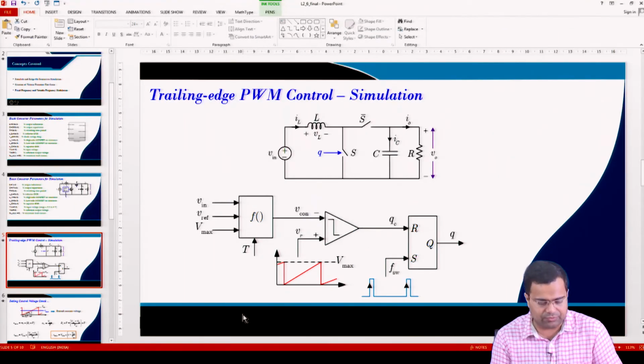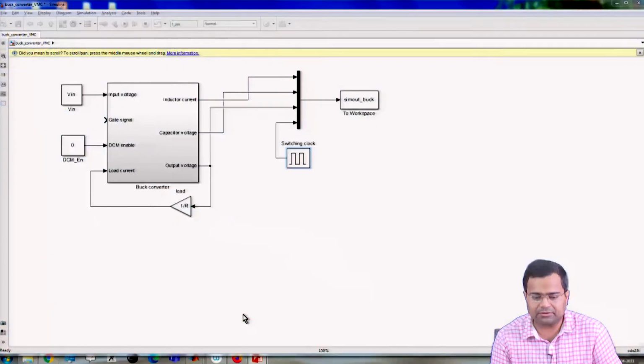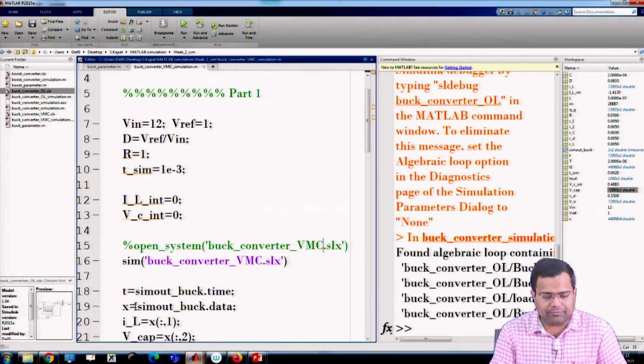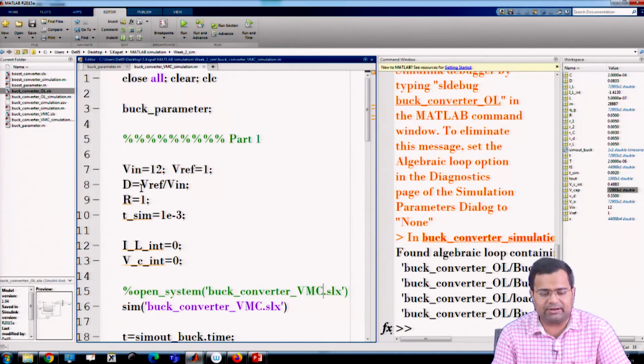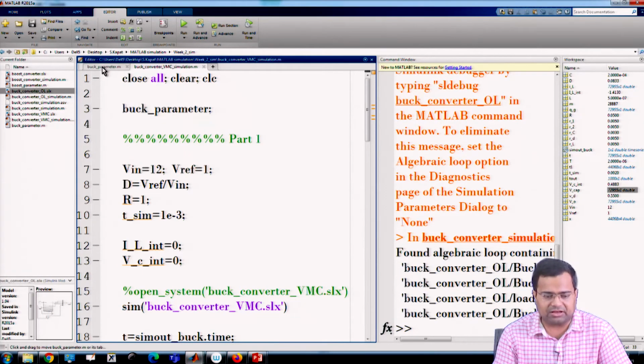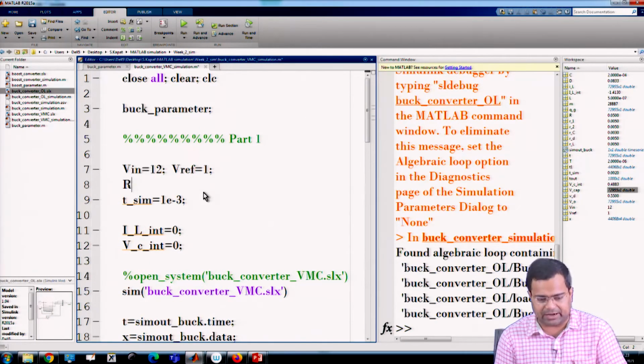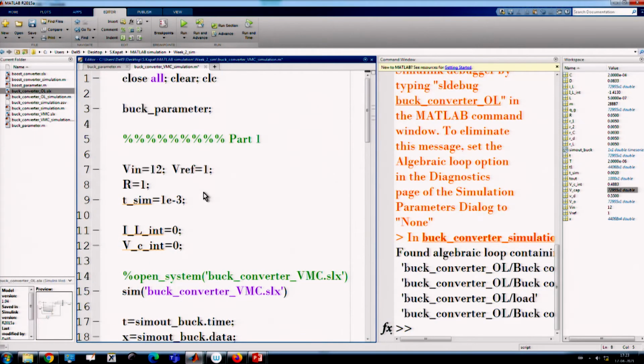Now, how to go? We want to go to simulation. Before that, we need to define things. The input voltage is given. I do not want to change it, I just want to use this V. I do not need a separate duty ratio, because now I am going for closed loop control.